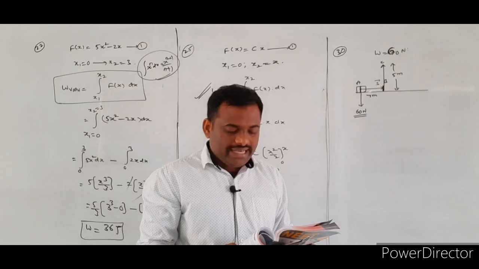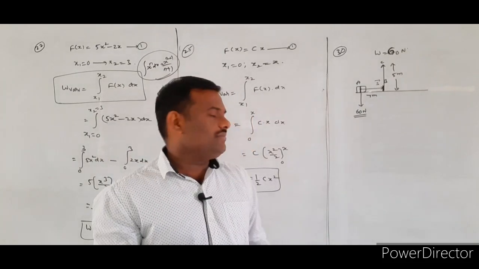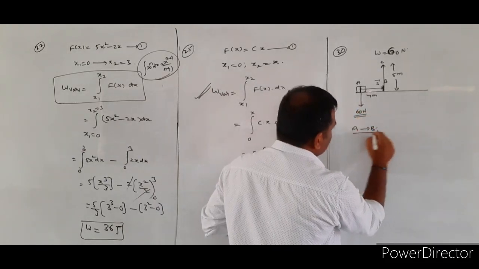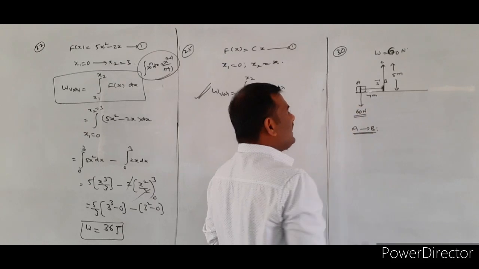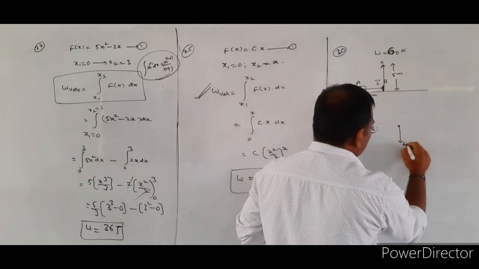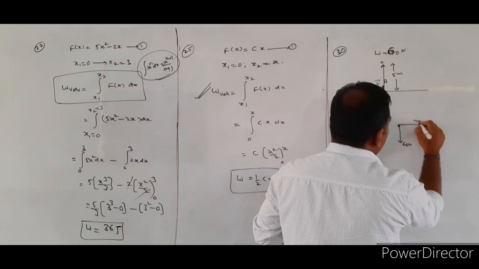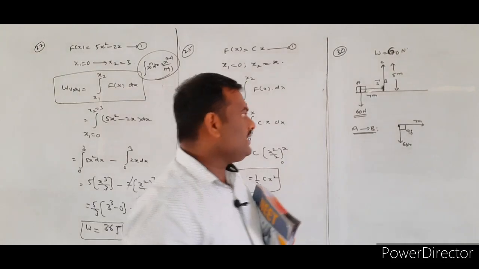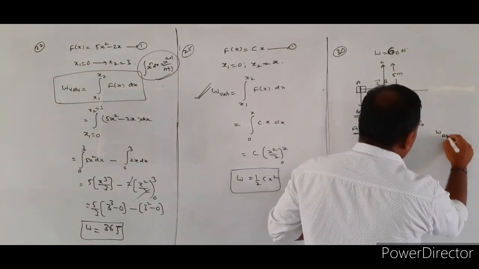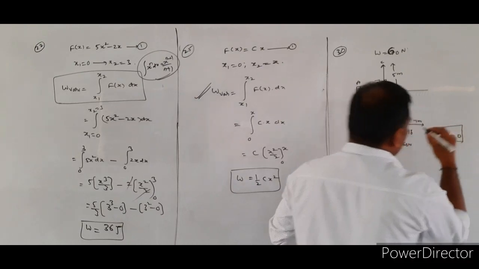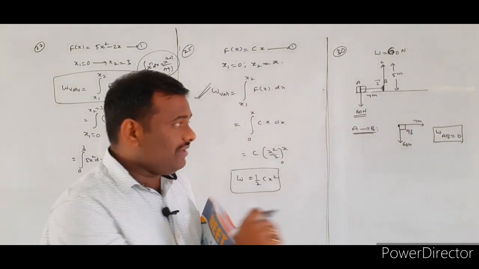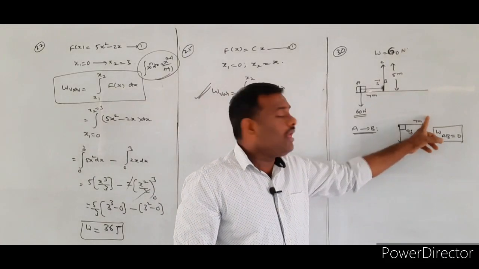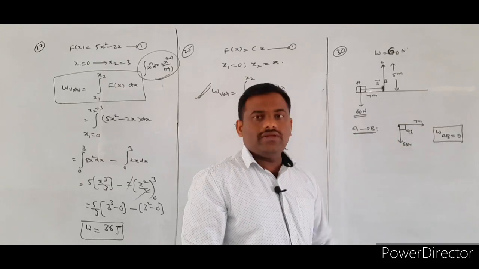Now, the work done by the man. Here, from the point A to B, weight will be acting in the downward direction. Displacement will be along the horizontal direction. What is the angle between the force and displacement? 90 degrees. Therefore, in this case, work done for the AB portion is 0. Very, very important. Why is work done equal to 0? Force and displacement are acting along perpendicular directions, so the work done value is 0.